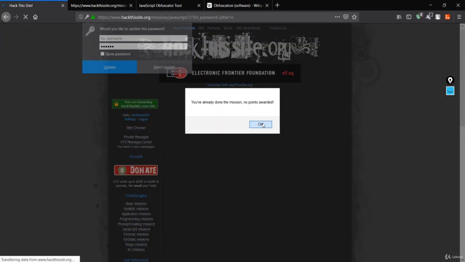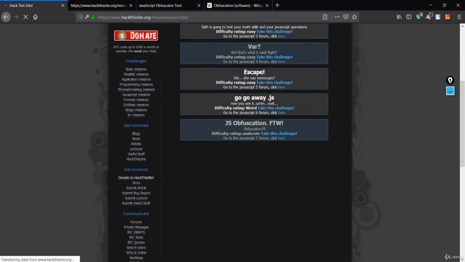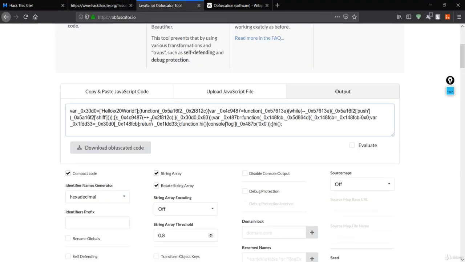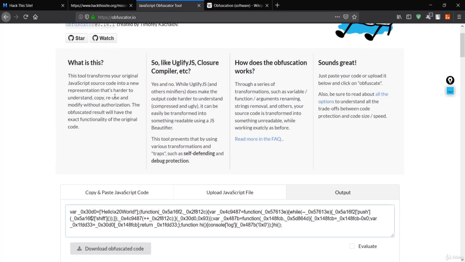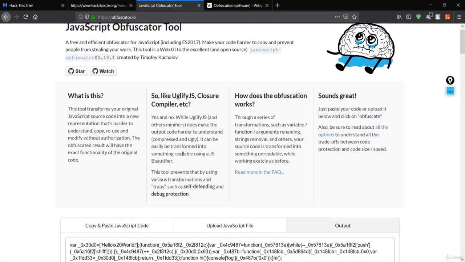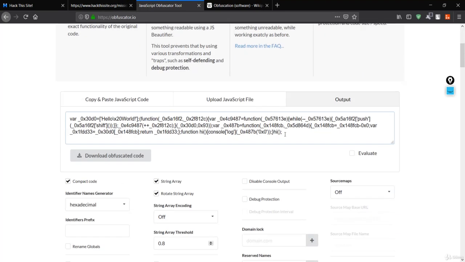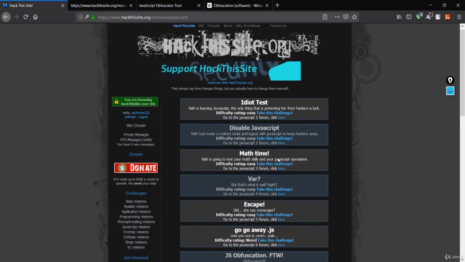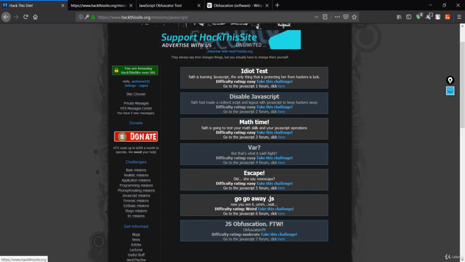So this is the way to look at obfuscation, and it is an advanced concept in JavaScript where you hide the code so that hackers won't get your code so easily. But we have online tools like this in order to crack this obfuscated code also. This is the way you can try, and we have just completed all of our challenges of the missions, which are simple and basic challenges that can be useful in the upcoming lectures to test your JavaScript skills.